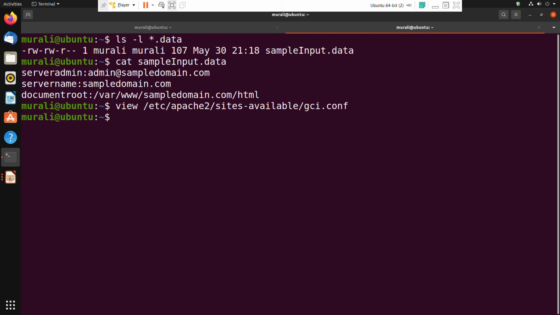Fine. One way is that we have accepted the input from the user. There are other ways also. Let us suppose that these inputs are all coming from some process, and they have been added to some file, and from that file I want to read. Yes, we can very well do that. With a while loop we can read line by line, and whichever line contains whatever we want to add, we can pick it up and assign it to a variable, and then use that in the sed script. That's it, right? So that also we can do.